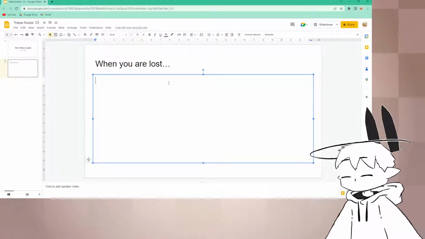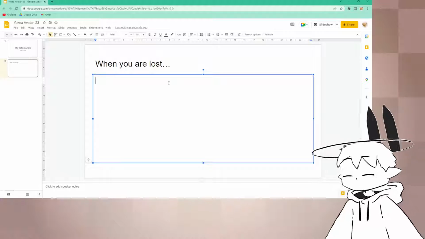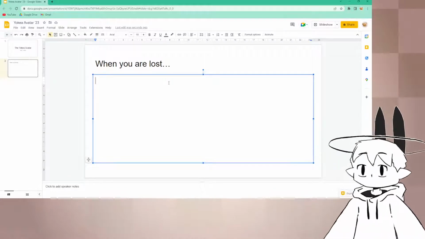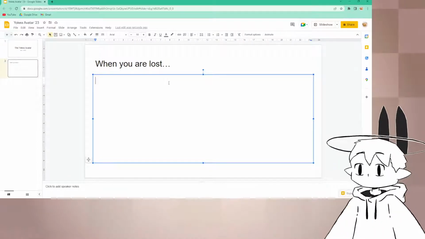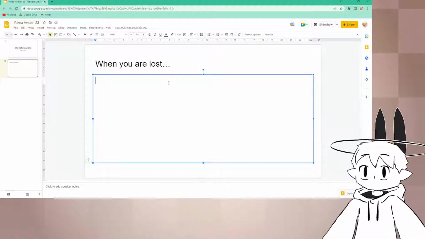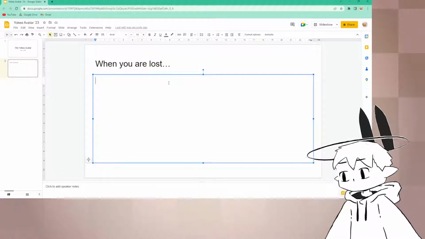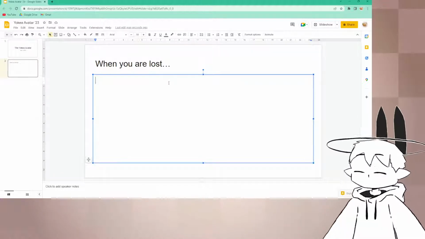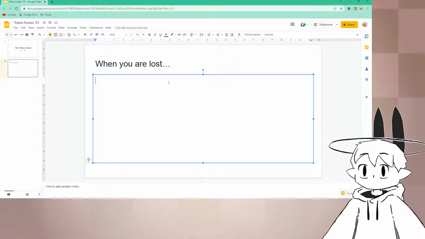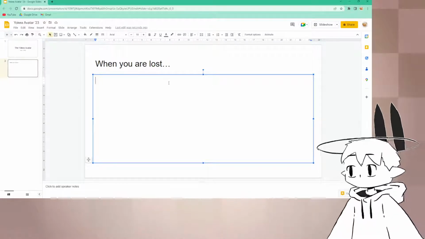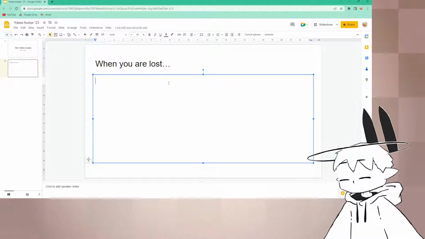Am I making good progress? This is mainly a motivation kind of page, because sometimes you feel dejected and sometimes the day just seems really tough. So when you are lost,